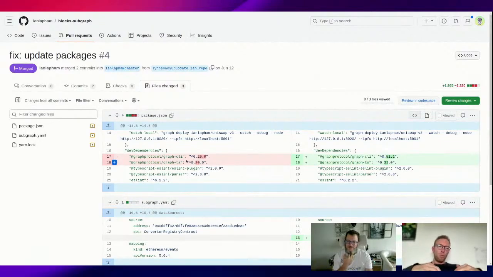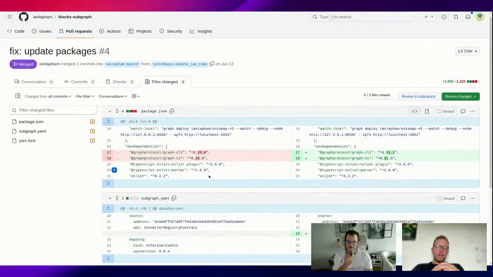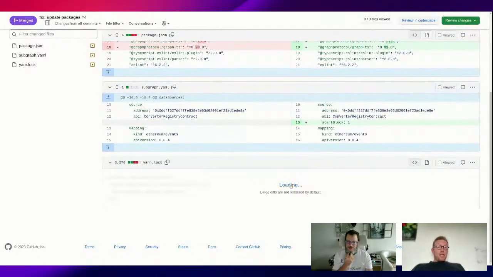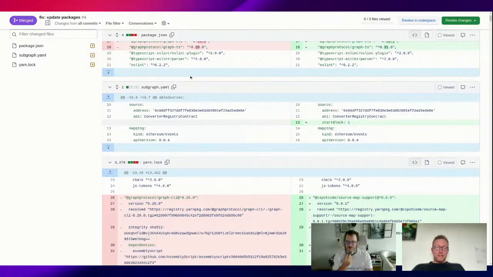Because sometimes you have one of these bricks that would need some update, and so you want to update everything, and it's just not that easy. And then you have even indirect dependencies. So the problem here